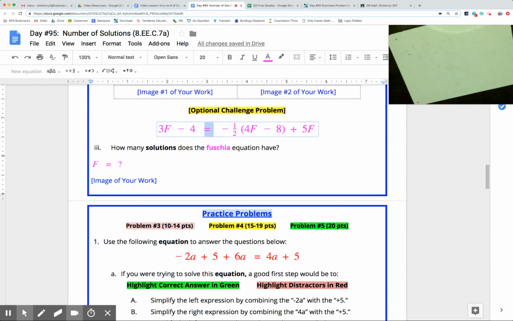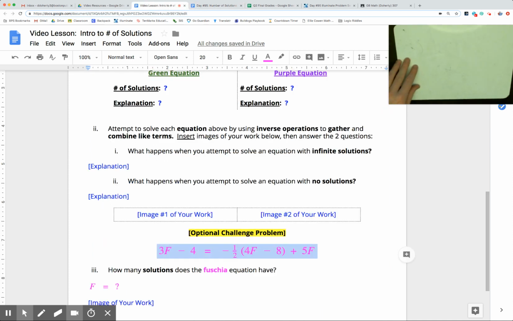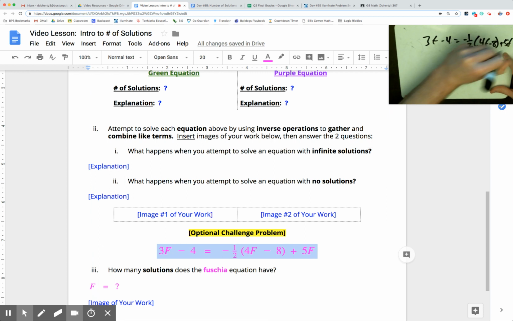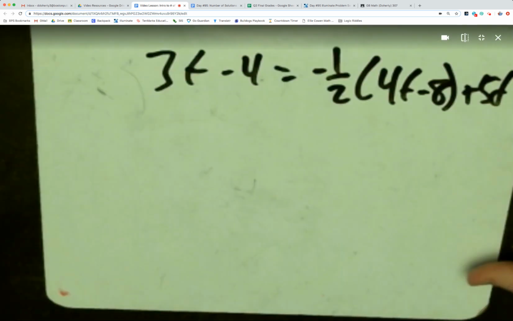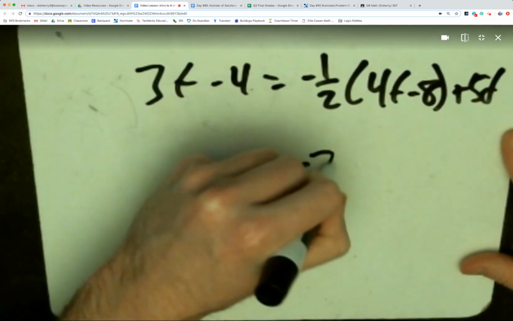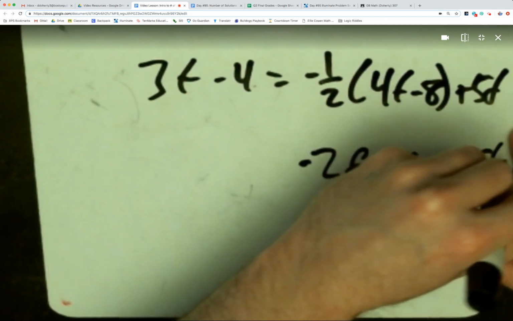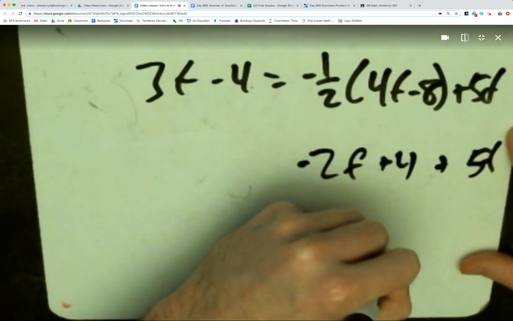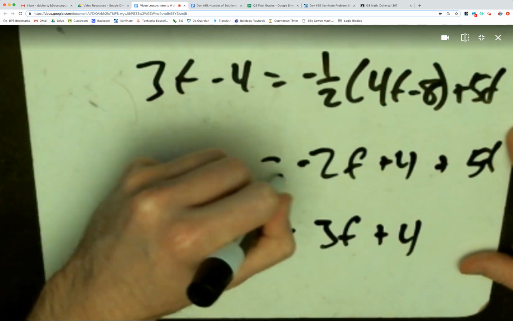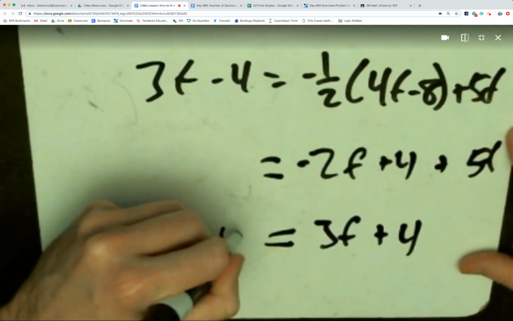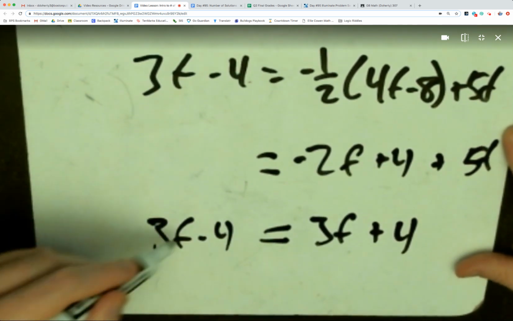But if you want to pause the video and work out the pink equation, I'm actually not going to have time to do that. But it says 3f minus 4 equals negative 1/2 times 4f minus 8 plus 5f. You're going to have to distribute first here. I'm down to about 10 seconds. So this becomes negative 2f plus 4 when you do negative 1/2 times there. And negative 2f plus 5f becomes 3f. So it becomes 3f plus 4 and 3f minus 4 on the other side. The f's are going to eliminate